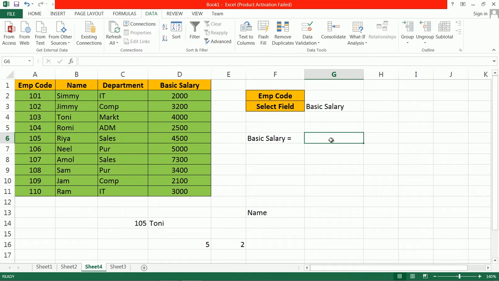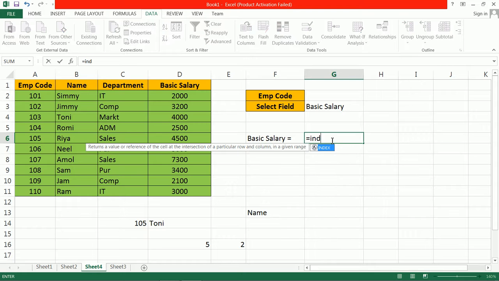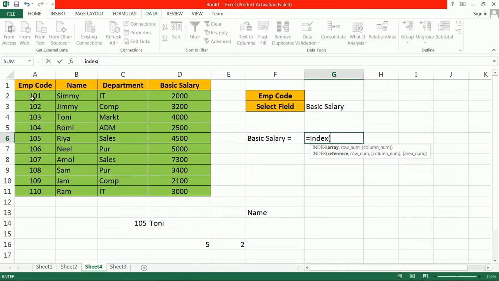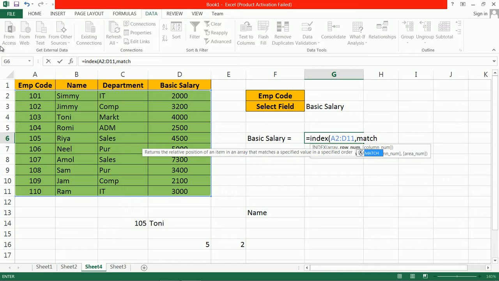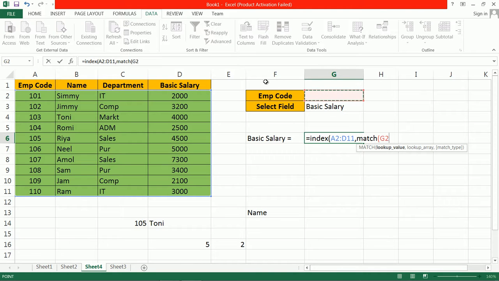Then let us combine the index function and match function. Here we use the index function. Now again the array is this one. Then for the row number we don't want to assign a fixed row number, therefore here use the match function. For the match function the lookup value is the employee code.